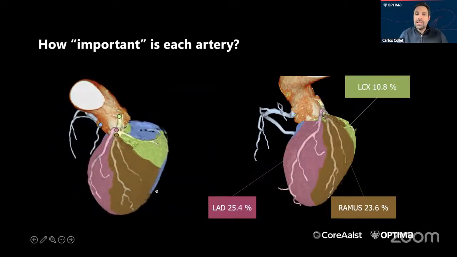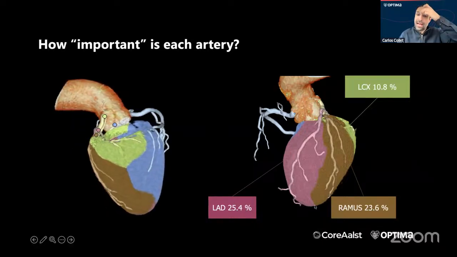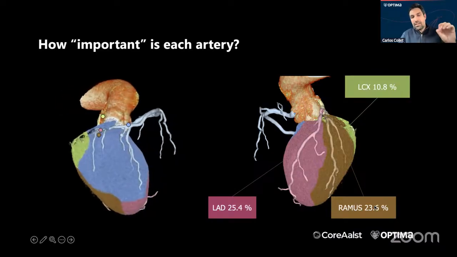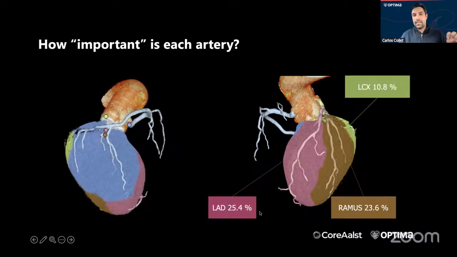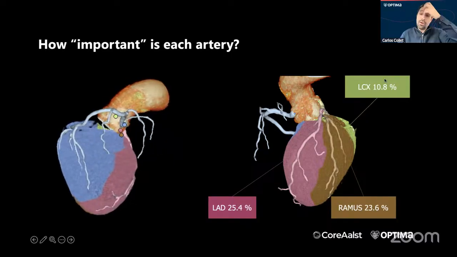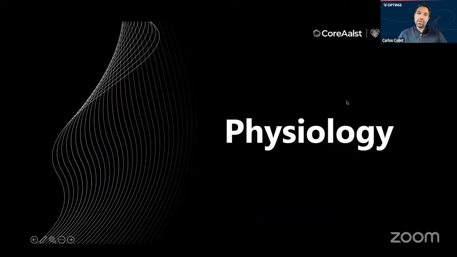And we see here immediately that the LAD subtends about 25% of the mass, but look at the ramus. The ramus is as important as the LAD in this case in terms of the mass that it subtends. And then you have here the circumflex, which is a very small circ with about 10% of the left ventricular mass. Now, we have a complete analysis from the morphological point of view with the plaque, with the calcium,